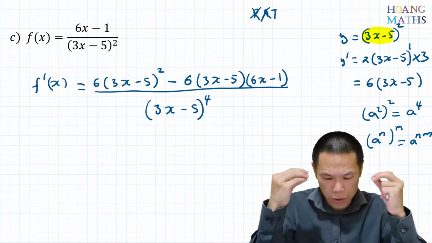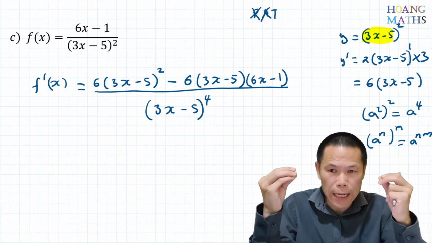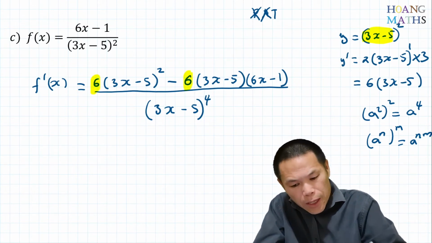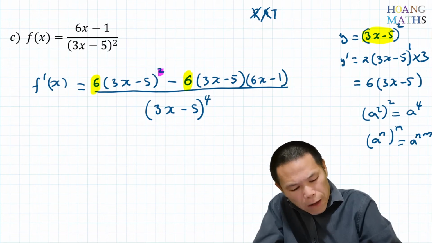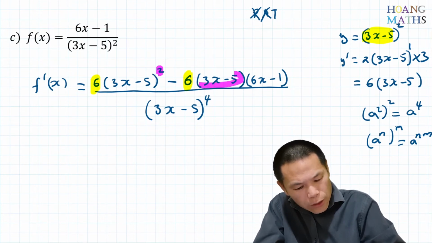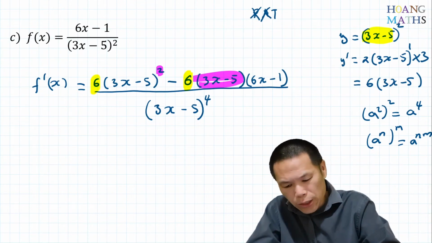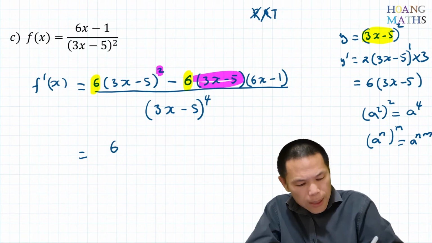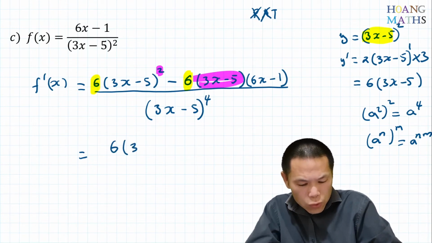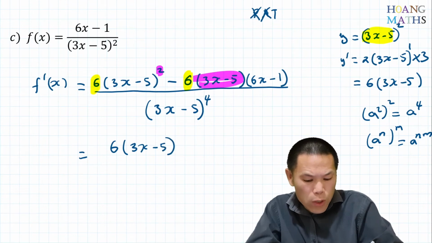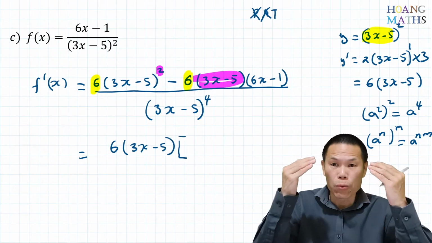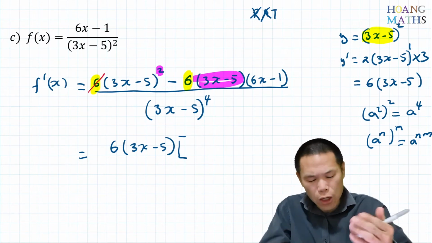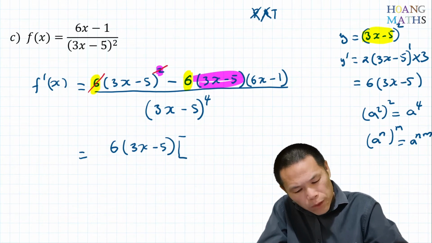Now we need to simplify. To simplify this, we just take out the common factor. So you can see this 6 is a common factor. And also, this power of 2 and this power of 1. So we can take one of them out, okay? So that will give me equal to, so I take the 6 out first, and then we have another one. So 3x minus 5, also a common factor. So now we just divide. Okay, so 6 divided by 6, this one is gone. And then the square, we divide by one of them. So you're still left with